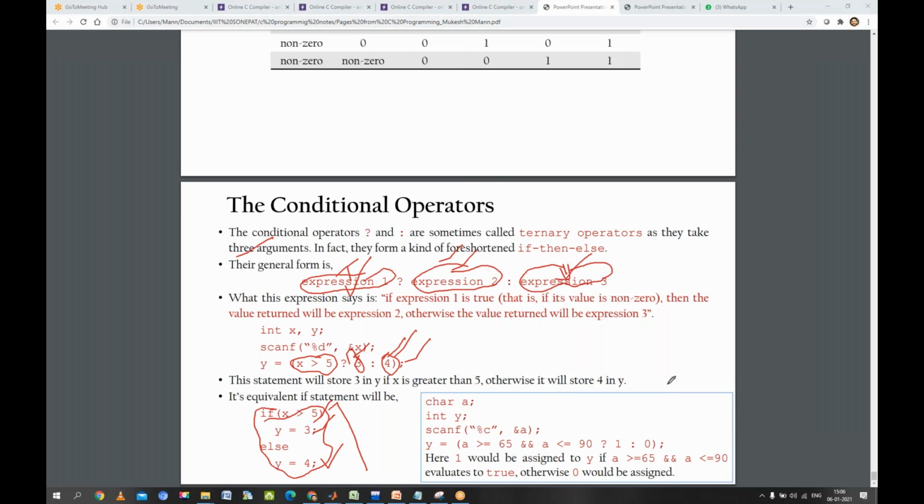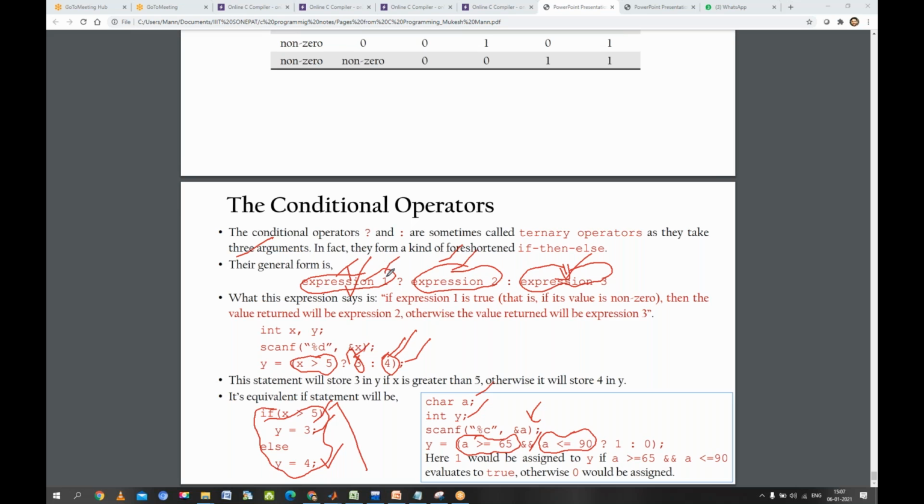Okay, see this particular example. Here we have taken some character A and we have taken Y. From the keyboard we will take some value of A, and then again we are going to compare. If this is true and this is true, both. So here we have used an AND condition also, right? Why?